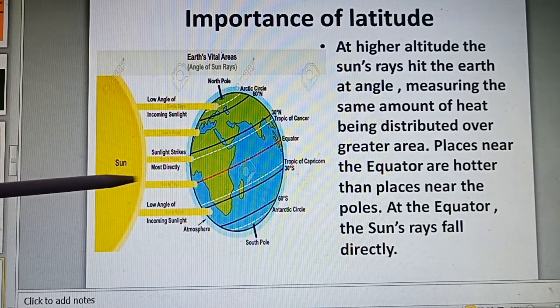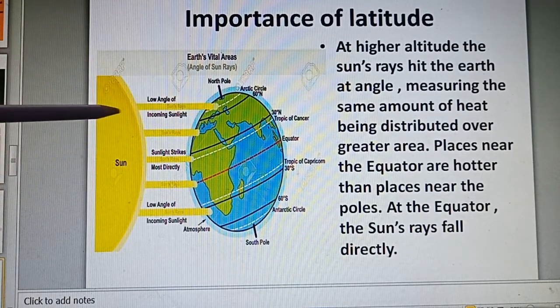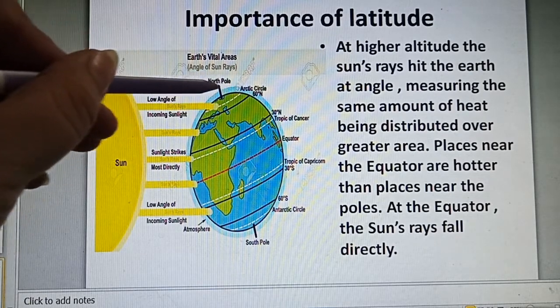It falls directly over the equator and it does not spread. But the places far away from the equator, near the poles, the rays of the sun spread in a greater